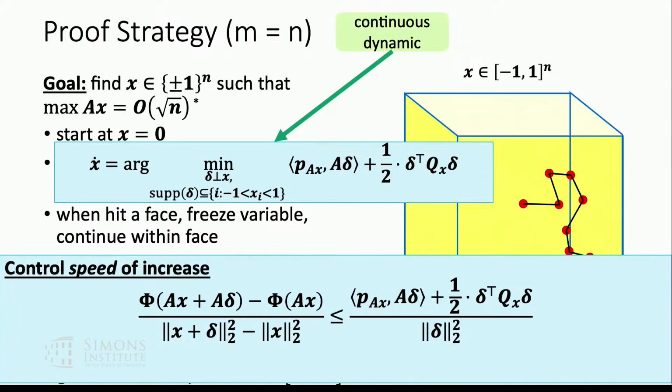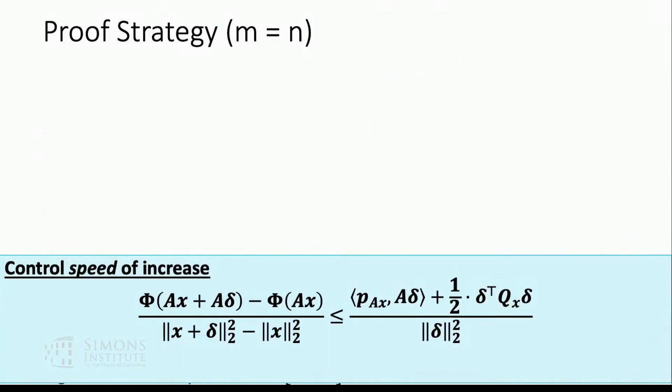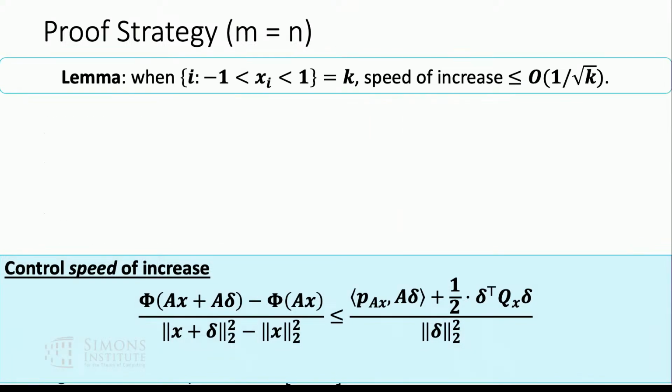So basically, it tells me that in order to be able to control the speed, I really need to understand how small I can make this quadratic. Now, to do this, we're going to use a lemma, which says that whenever we have k variables available,